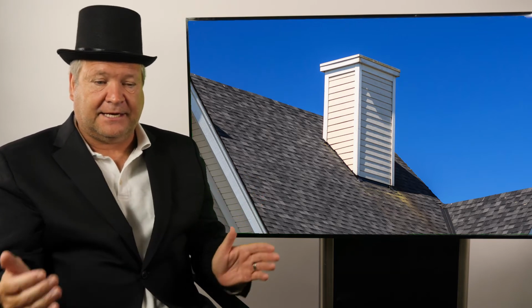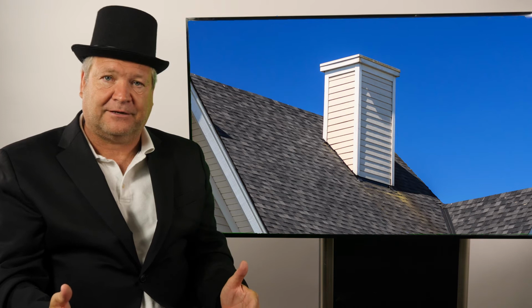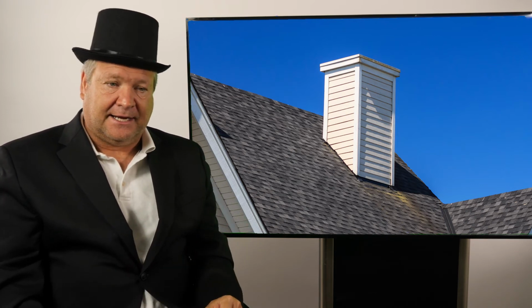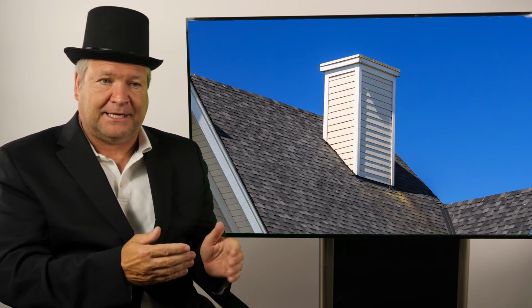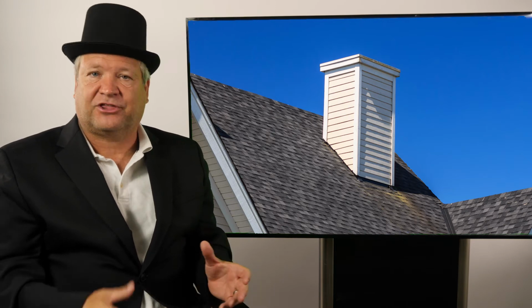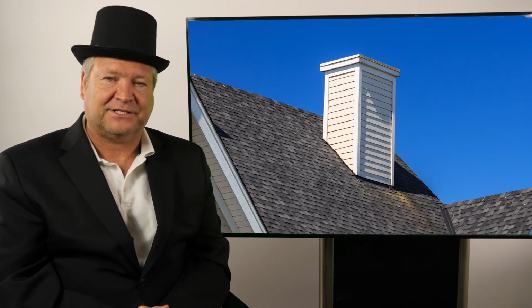And then you have your fireplace panels. These fireplace panels are refractory panels that are meant to contain the heat inside the fireplace. Many times homeowners might accidentally bump logs up to the fireplace and crack these panels. Sometimes they'll just have a thermal shock to them. Something will happen that will crack these panels. Most of the fireplace manufacturers say that